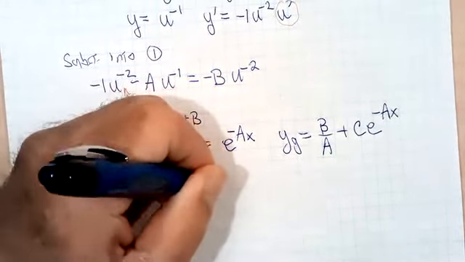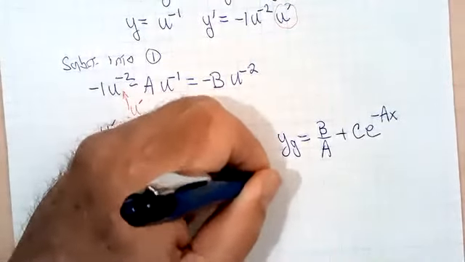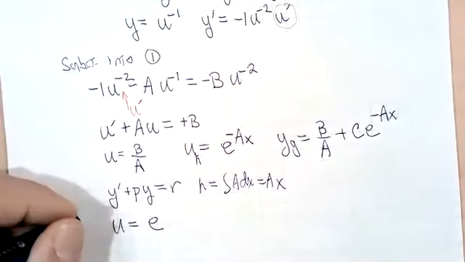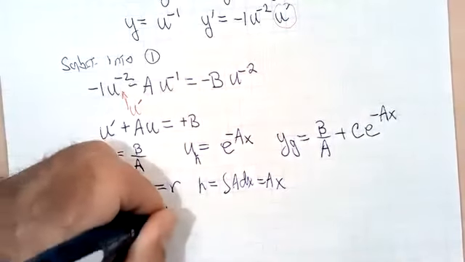Well, h in this case is an antiderivative of ax, e to the minus h, there it is,